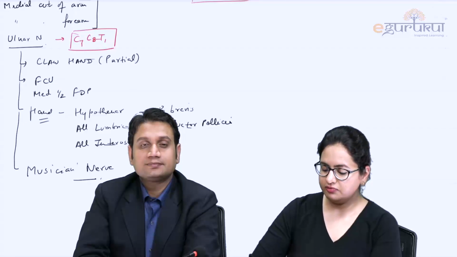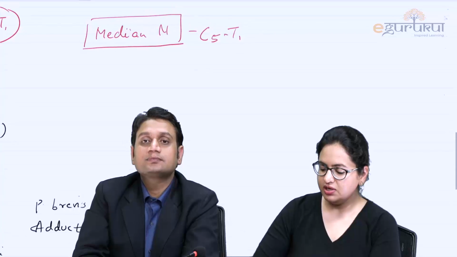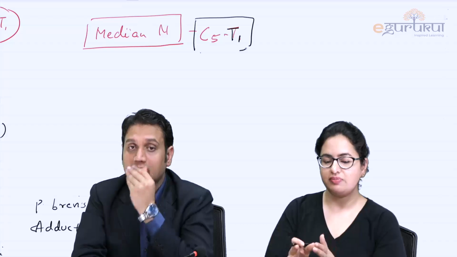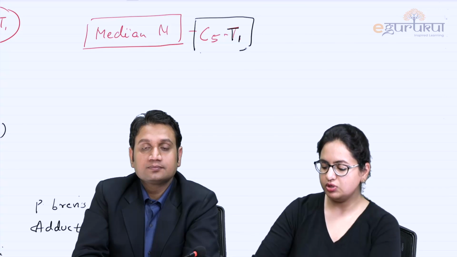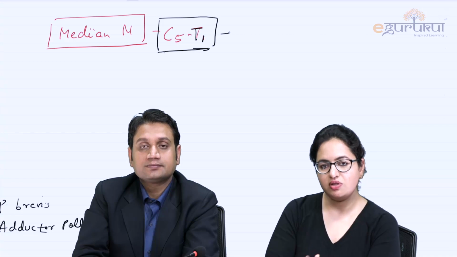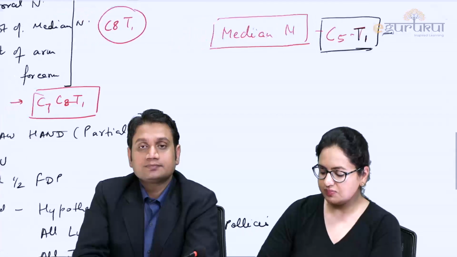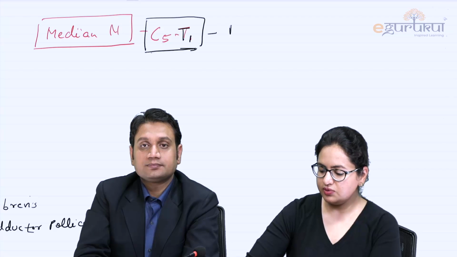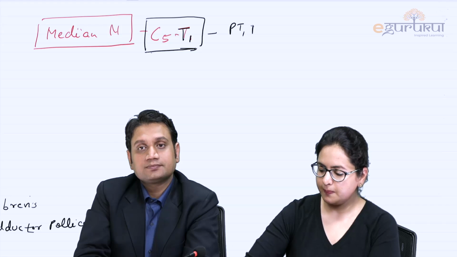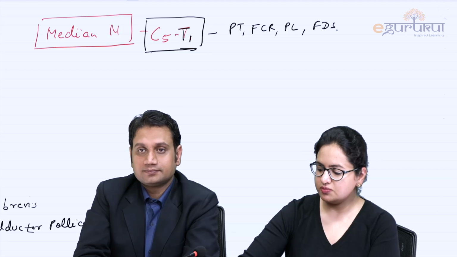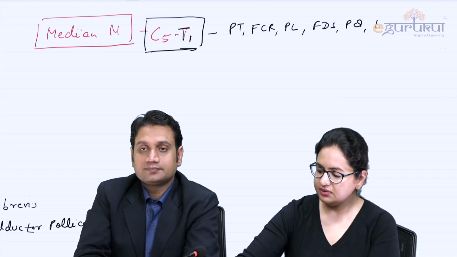When we talk about the median nerve, first thing you should know is the root value of the median nerve, because the medial and the lateral root both combine, so all the roots will be contributing to the median nerve. Root value is from C5 to T1. Now it supplies all the muscles of the forearm except the muscles being supplied by the ulnar nerve. So the median nerve supplies pronator teres, then the flexor carpi radialis, the palmaris longus, the flexor digitorum superficialis, pronator quadratus, and the lateral half of flexor digitorum profundus.